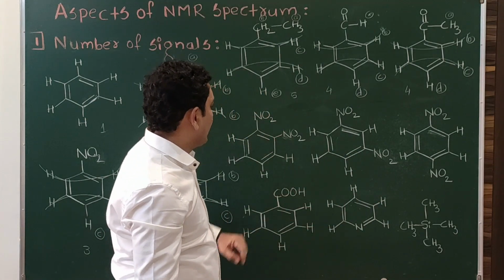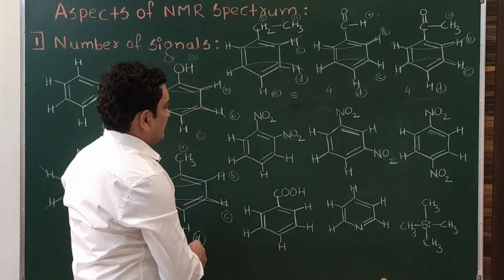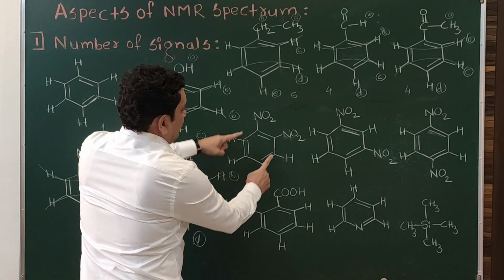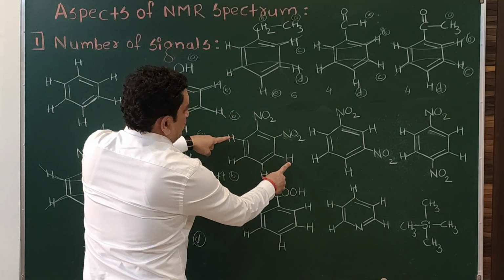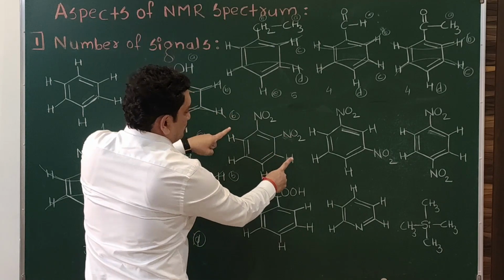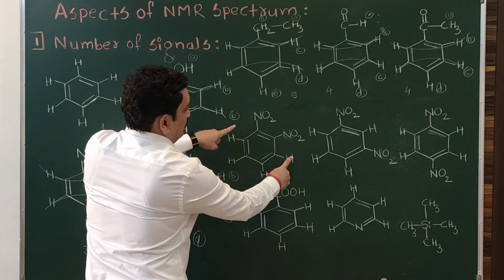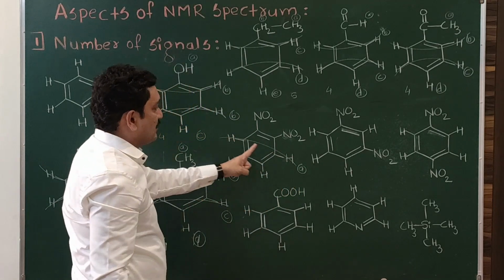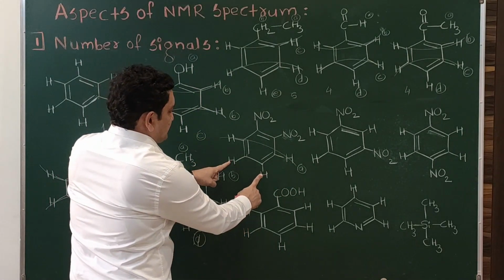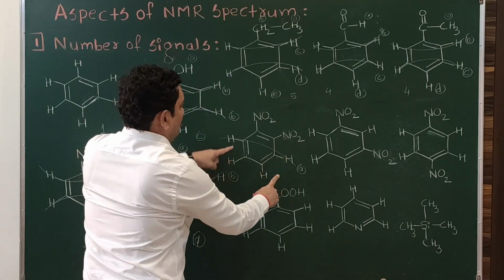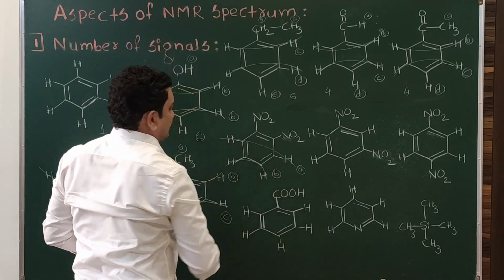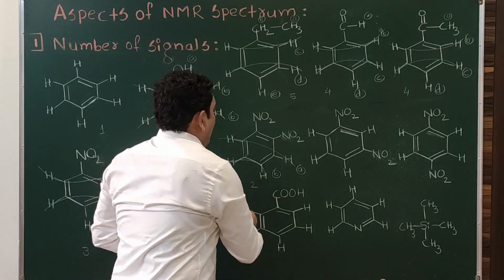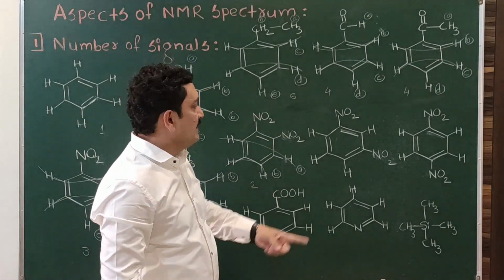Because in the case of ortho-dinitro, there are 4 remaining hydrogens. We have to check whether all the hydrogens are equivalent. Which ones are equivalent, which should be checked? These are the NO2 groups. Check these two, because at least one side is the same. So these two hydrogens we have to check: NO2, NO2, same environment; H, same environment. So they will collectively give one signal because they are equivalent. The other two H, with NO2, NO2, will collectively give the second signal, the B signal. Now the number of signals will be 2. So ortho-dinitrobenzene gives 2 signals.